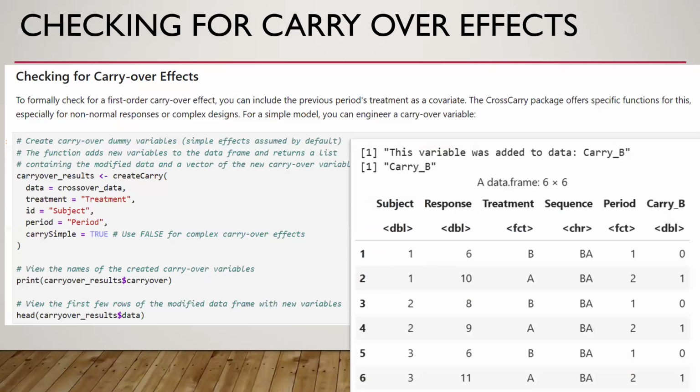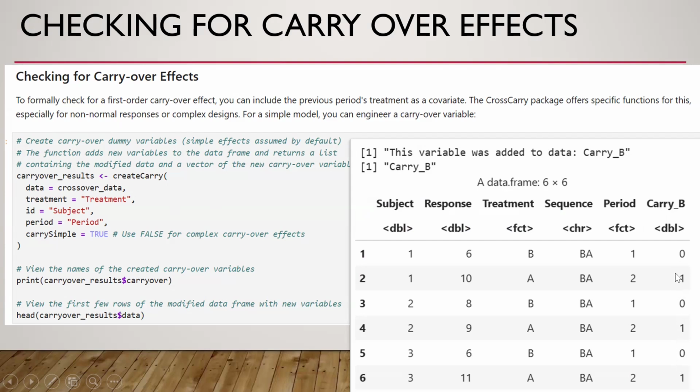We have a package known as crossover, and in that package we have a create carry method or function which results in a new variable. If we assume that treatment B is the treatment which we are assessing and comparing with treatment A, this method makes another variable where we can assess the carryover effect.